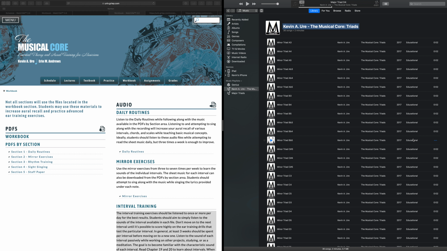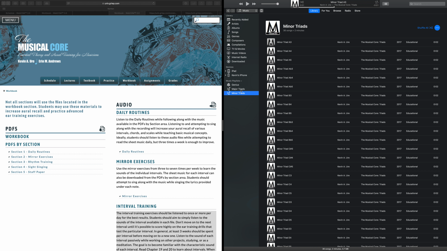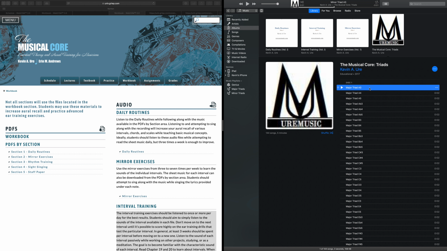And then once you get really good at recognizing the different sounds of triads, you can start to combine these. So you notice how the minor triads just sound a little bit more, I guess, sad is how you might describe them. The major triads sound happier and brighter. So once you learn what they sound like, you can create a new combined playlist with both of these. So you'd select all the major and all the minor triads, and maybe you just create a new playlist that says